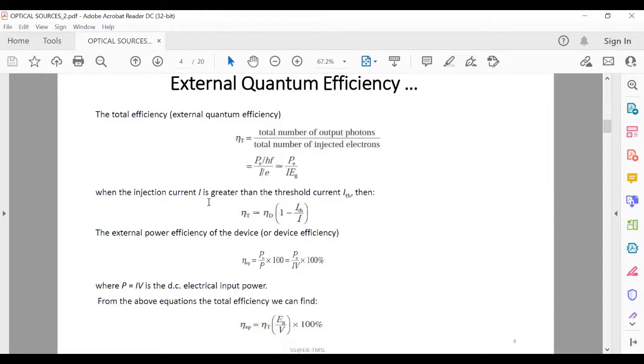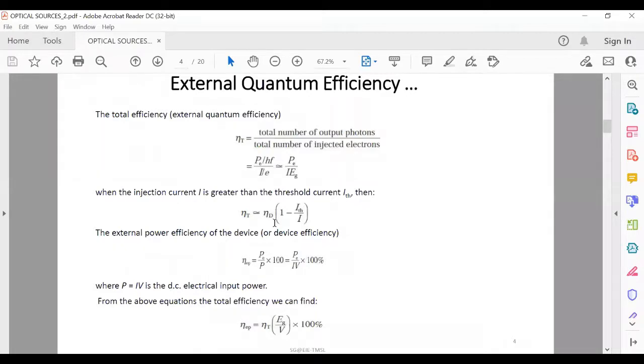If I is greater than the threshold current ITH, then we can write eta T equal to eta D times 1 minus ITH by I. For very high injection current, like 5 times the threshold current, it can be assumed that the total efficiency eta T is approximately equal to eta D. When the current is lower, the efficiency will be lower, and if it is just double the threshold value, it will be around 15 to